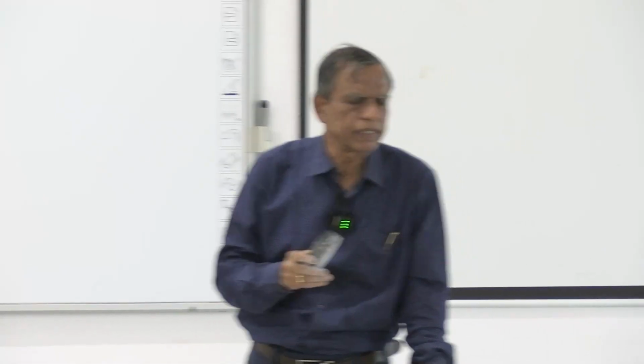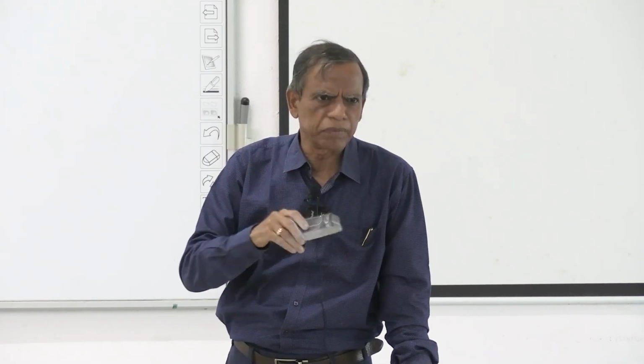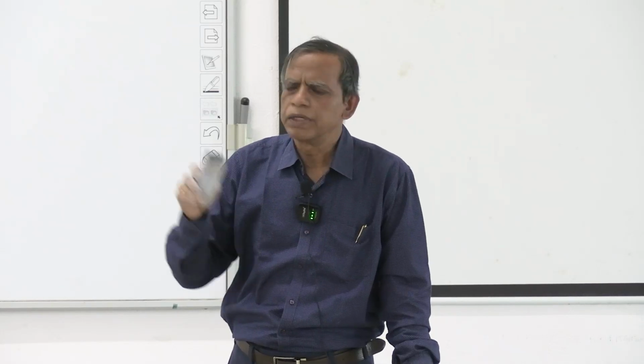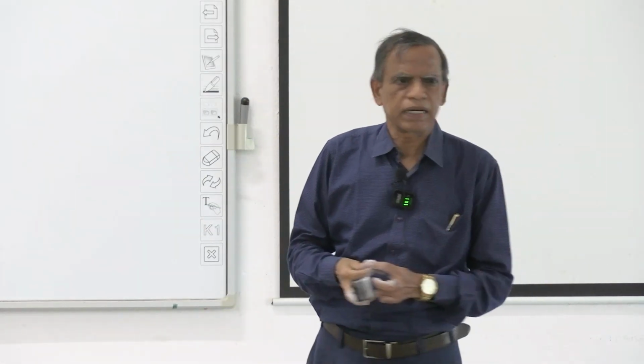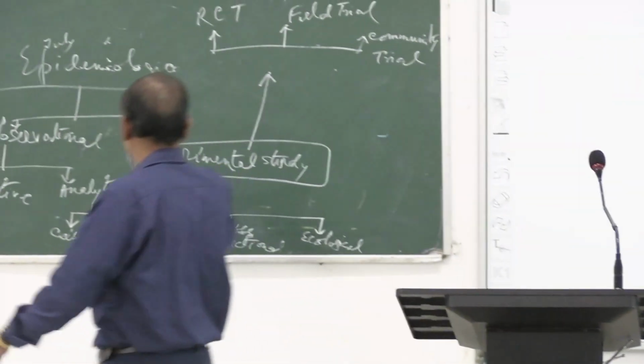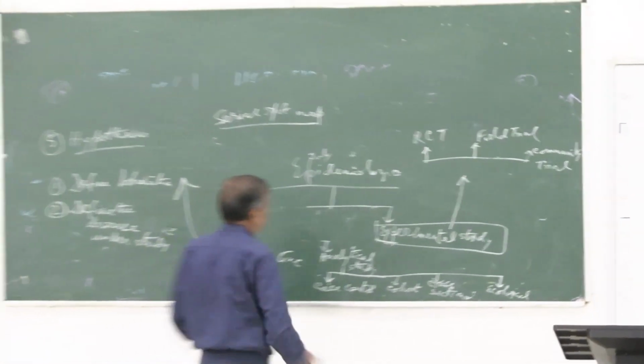And after collecting data, you have to analyze the data, what is the rate, what is the ratio, what is the proportion, and after that we will compare among the various groups, and finally we will come to a conclusion. Conclusion means you have to hypothesize these diseases are occurring probably due to these important factors. Clear? So, this is the observational study. In the next class, I will describe analytical study.